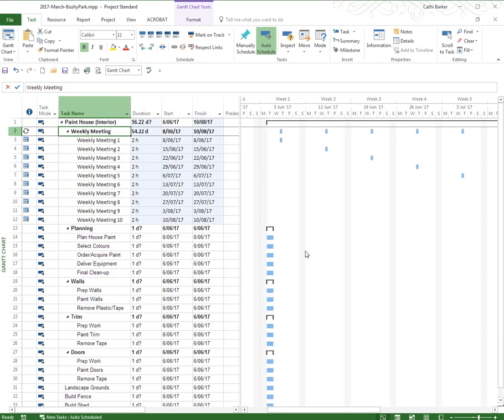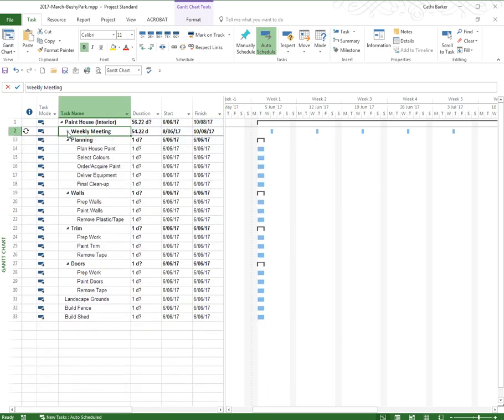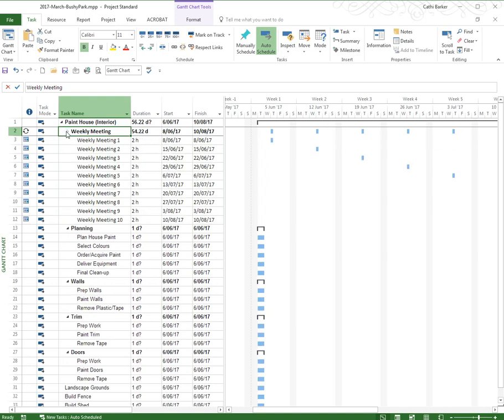And I'll click OK. Immediately, you can see the weekly meetings 1 to 10. You can see them also listed on the Gantt, and they tend to go across as well as downwards. If I hit the little triangle in front of weekly meeting, I'll collapse the weekly meetings, and there you can see them every Thursday for the life of the project. If I expand it, I can then see the dates of each of those meetings, and if necessary, I can